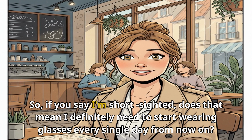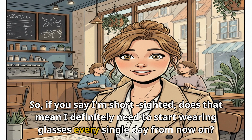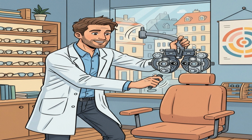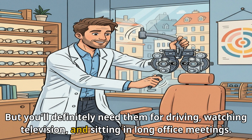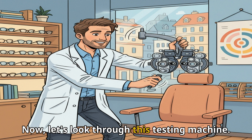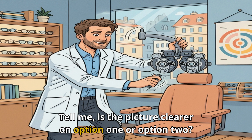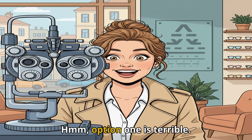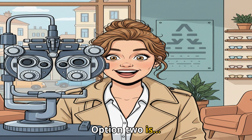So, if you say I'm short-sighted, does that mean I definitely need to start wearing glasses every single day from now on? Not necessarily all the time, but you'll definitely need them for driving, watching television, and sitting in long office meetings. Now, let's look through this testing machine. Tell me, is the picture clearer on option 1 or option 2? Option 1 is terrible. Option 2 is...